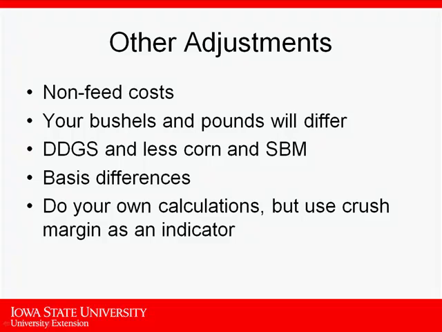Fine. I think our series is just an indicator of when there may be some profits, and then go do your own homework. I think it still has some value, but you need to make that adjustment for yourself. One simple way, say with the distiller's grains, is you do the math and you say, when I switch and put this distiller's grains in, it saves me $4 a head. Okay, take my number where I needed $40 profit or crush margin to break even, you now need 36. The math is pretty simple. Okay. Basis may differ, and as I say, you've got to do your own calculations, but just use this as